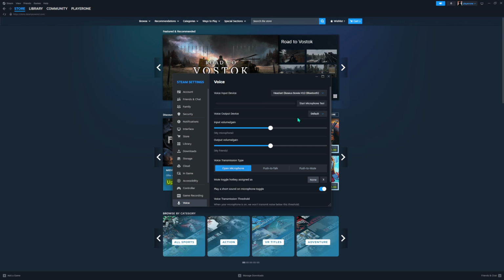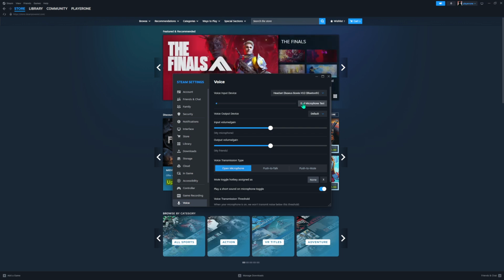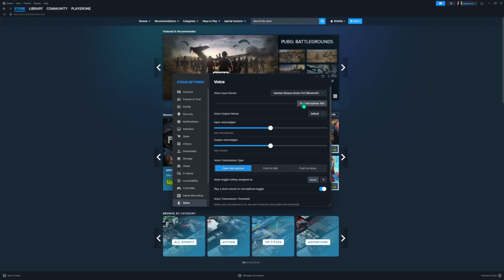Now run the built-in microphone test. Speak in a normal, steady voice and watch the input meter. You want to see clear movement that tracks your speech without spiking constantly. If the meter doesn't move at all, switch to another device in the list until it does. If you hear crackling or your voice sounds muffled in the test, that's a sign the level is off and